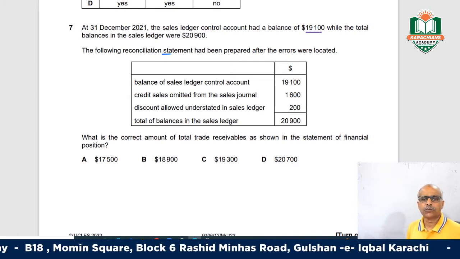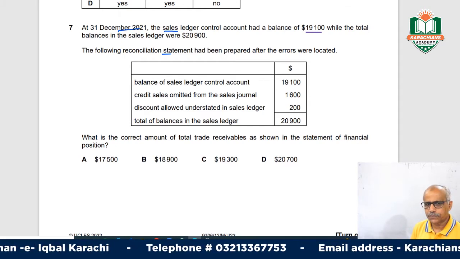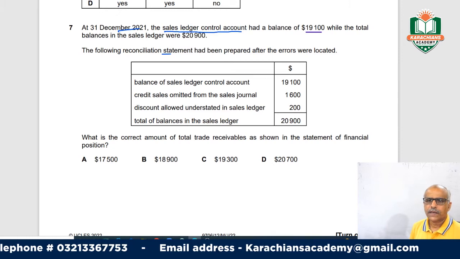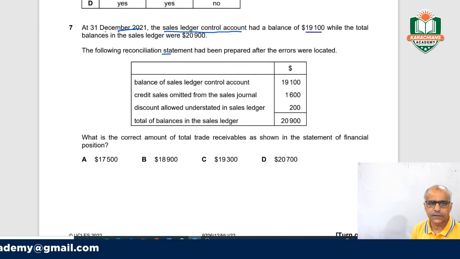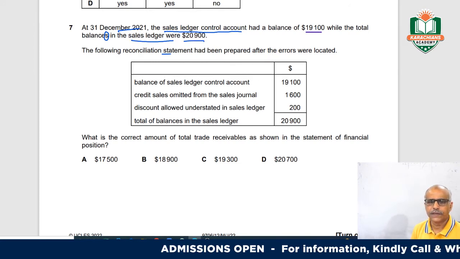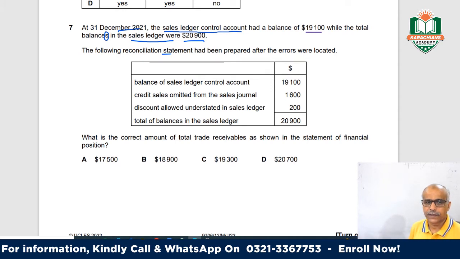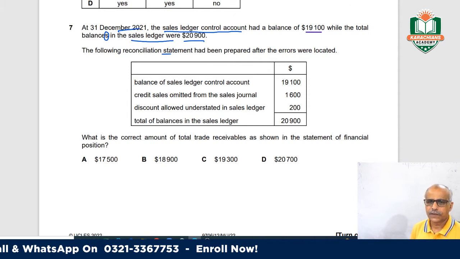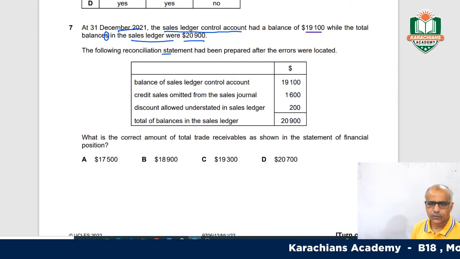At 31st December 2021, the sales ledger control account had a balance of 19,100, while the total balances in the sales ledger were 20,900. Remember one thing, balances in the sales ledger were 20,900. The following reconciliation statement had been prepared after the errors were located. So they have shown you this